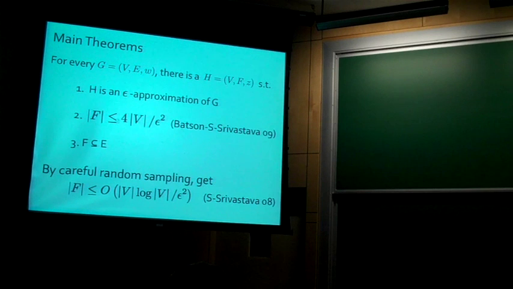Okay, let me tell you now what our main theorems are going to be. Well, maybe I'll even say something tighter in the end. First, I will show you that for every graph G, there's a graph H, where H is an epsilon approximation of G, and the number of edges in H is at most 4 times the number of vertices in G divided by epsilon squared. The epsilon squared is necessary. Maybe someone will one day make the 4 into a 2, but we won't get any better than that. And F is a subset of E. So the edges in our subgraph that's approximating are actually a subset of the edges in the original graph. This I'll prove to you exists.